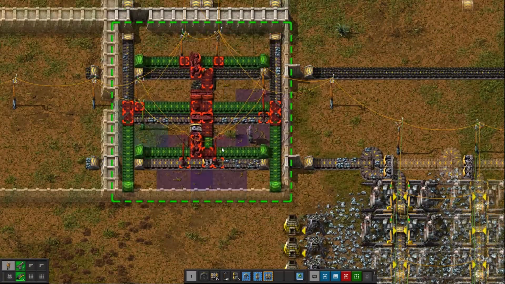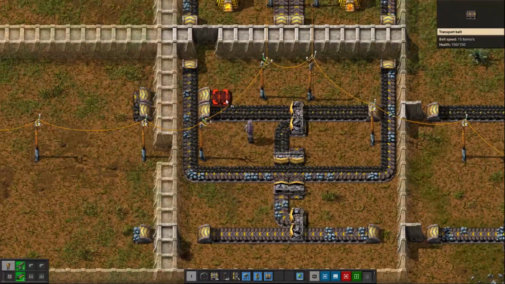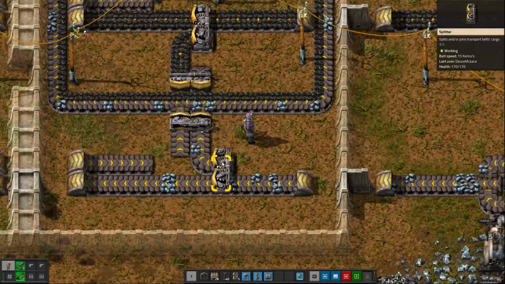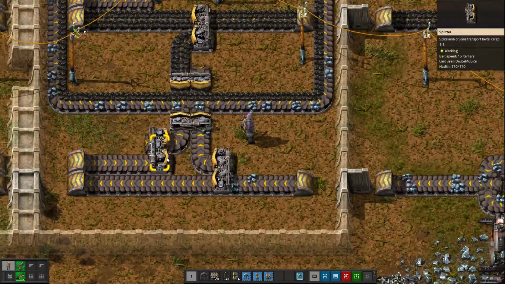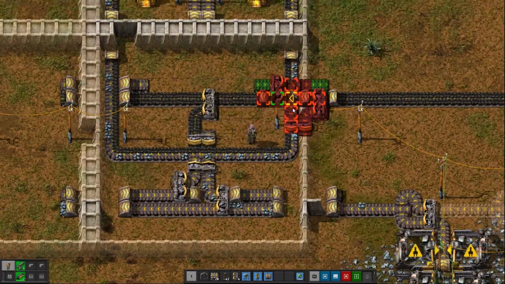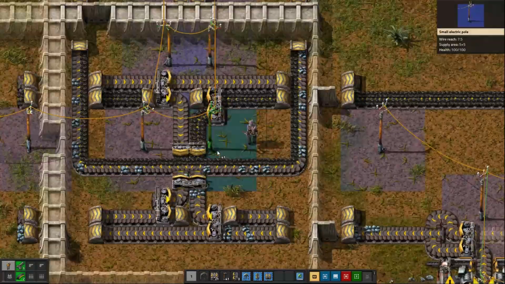A second rotation check gives me an idea that's actually going to work this time. There's enough space to bring in another belt from the other direction, allowing the interface to receive material from both sides as well as overflow to both sides. A quick copy of the splitter mechanism to preserve rotational symmetry, and then I'm ready to make some adjustments to